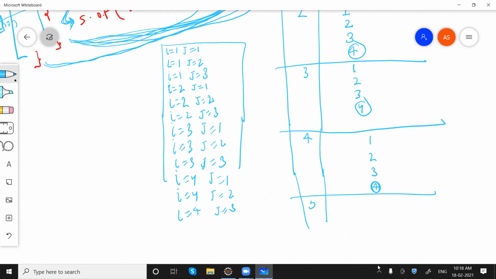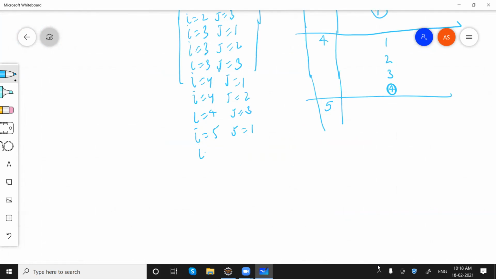After this the i value will become 5, and the output will be i is equal to 5, j equals to 1, i is equal to 5, j is equal to 2, i is equal to 5, j is equal to 3. And when j is 4, the inner loop will terminate and we will go outside the loop.